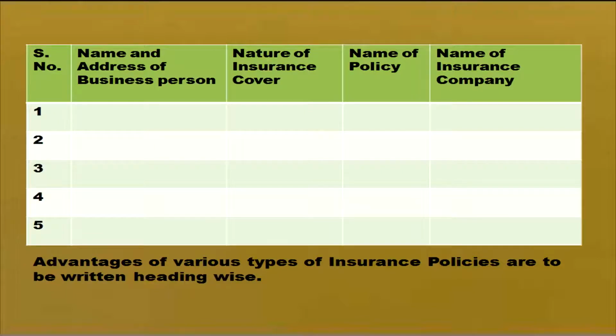In marine insurance, there are different types like hull insurance and cargo insurance. For the cargo that is shipped, we take insurance. So you have to identify whether it is marine, fire or life insurance